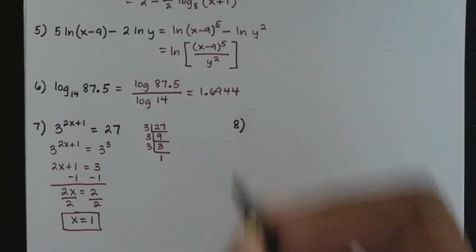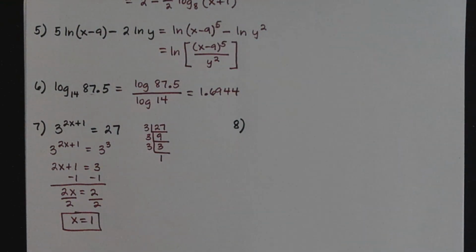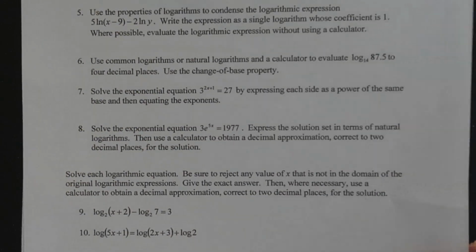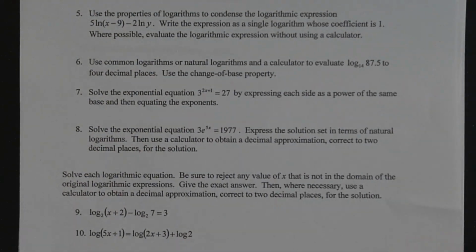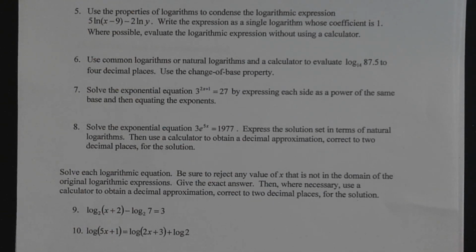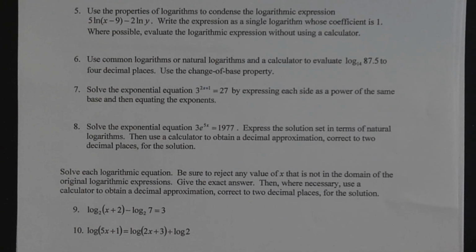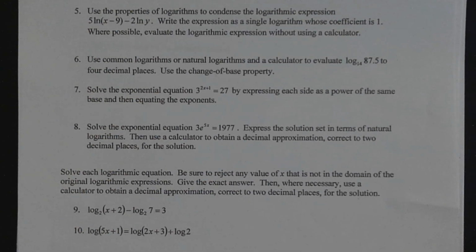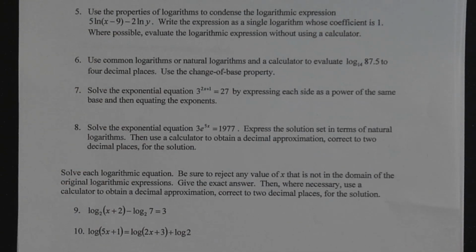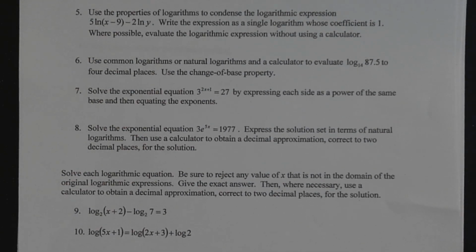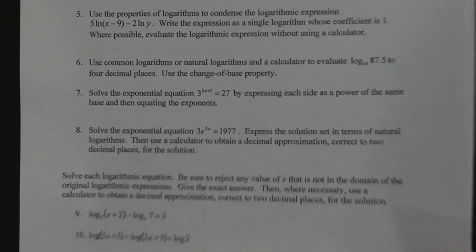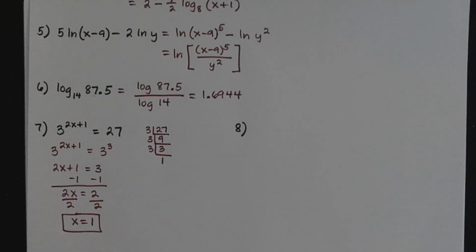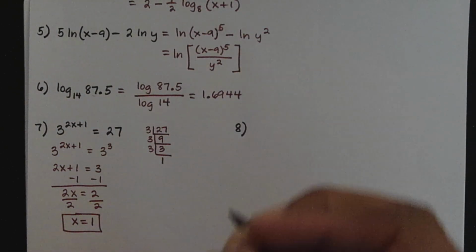Okay, now I'll put number 8 over here. And here's problem number 8. We're going to solve that exponential equation, 3e to the 5x. And here we're going to express the solution set in terms of natural logarithms, then use a calculator to obtain a decimal approximation correct to 2 decimal places for the solution. Okay, so here we got 3e to the 5x